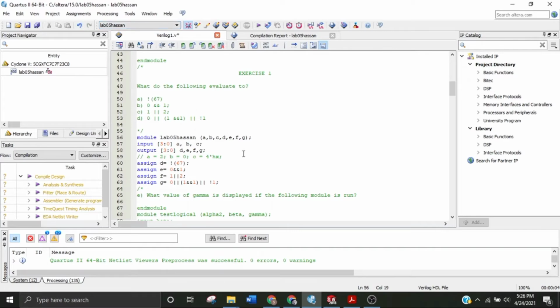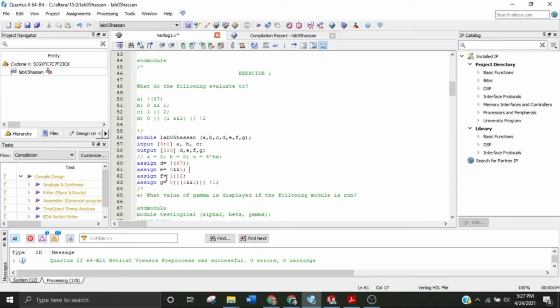So it will run. These are the total number of inputs. Input is a 3-bit value. The output will also be a 3-bit value. Again, the same process will be repeated, but here 67 not means that the logical not of 67 will be 0, because a non-zero value has a logical not of 0. After performing this operation, this value will equate to 0, and this is the A and 0 and 1, which means that in logical AND operations,